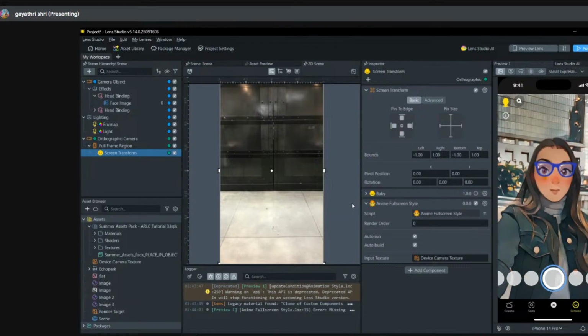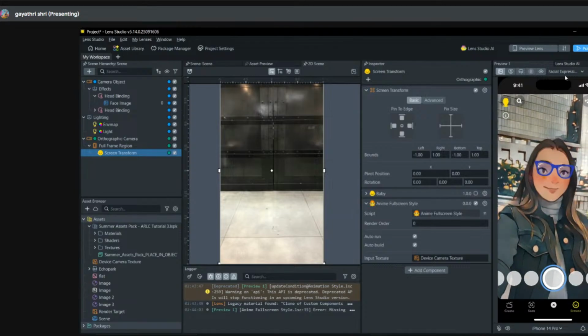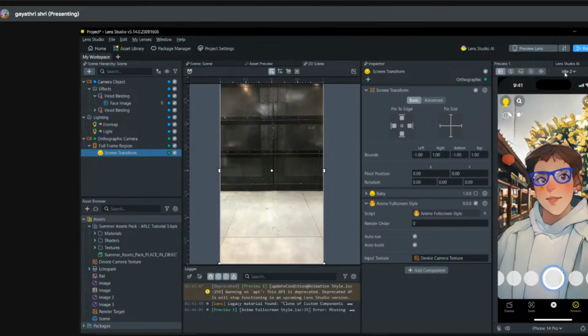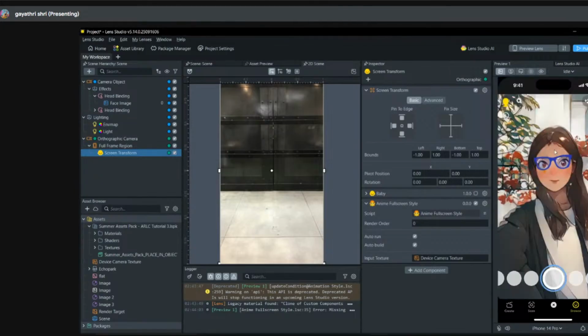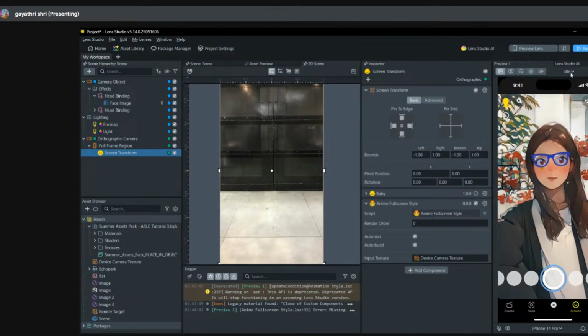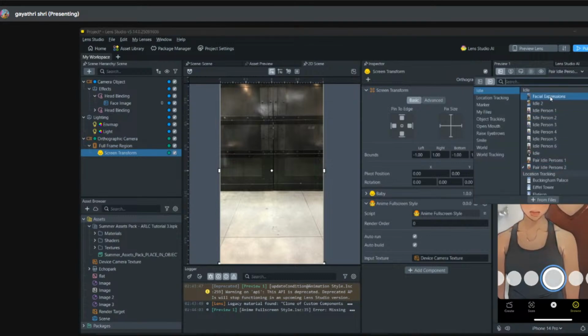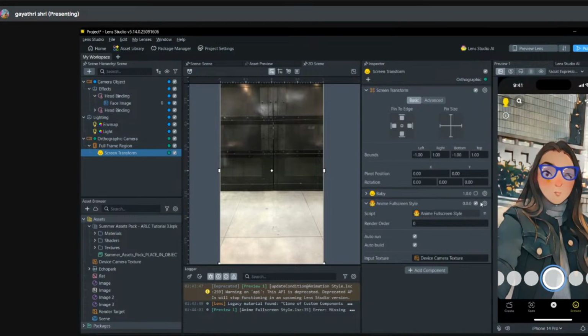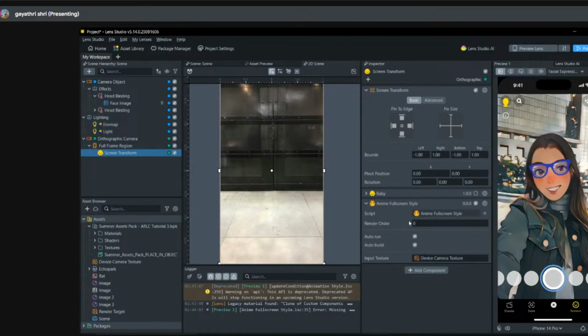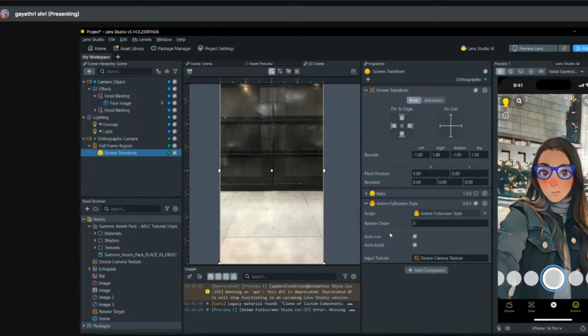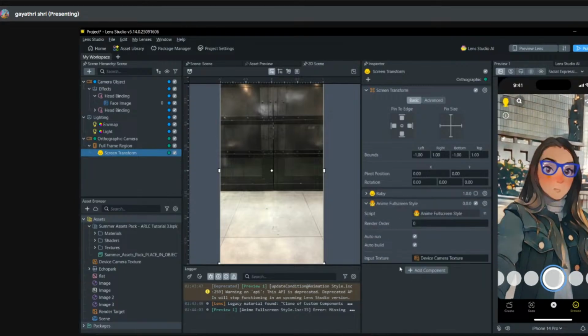So once you give your camera texture, you can see how it changes from each face. So you can see some have only script, some have the render order, some have an auto run option and auto build,